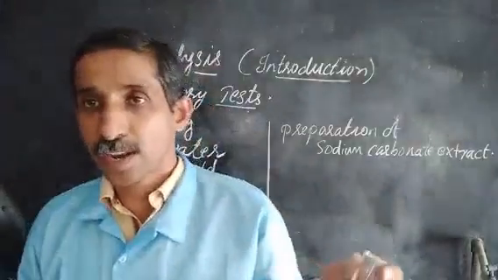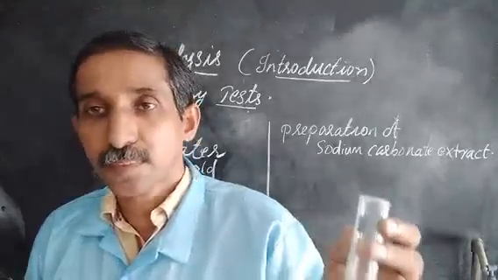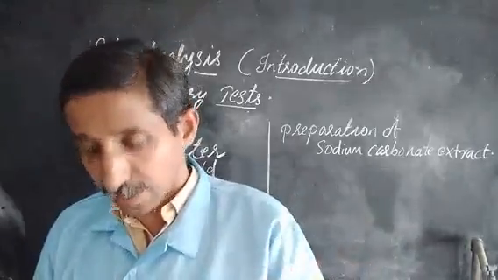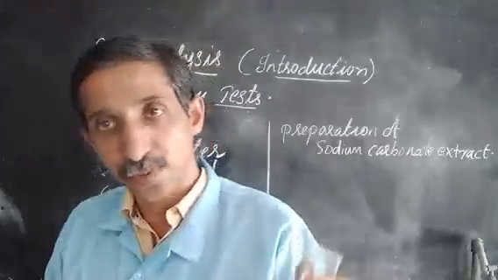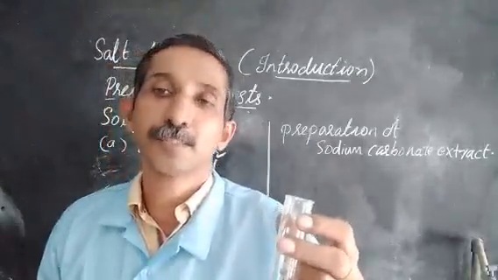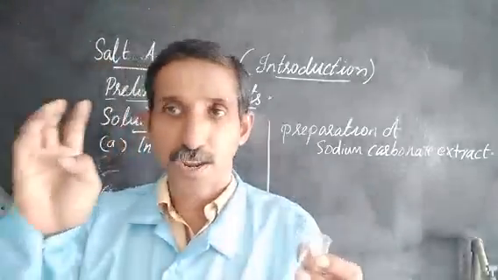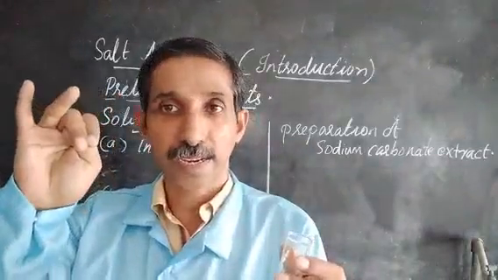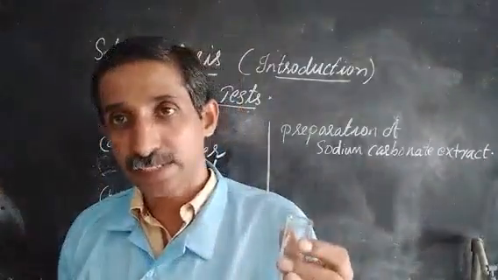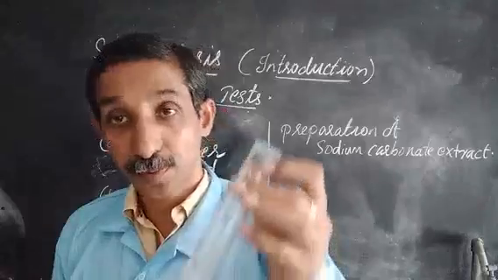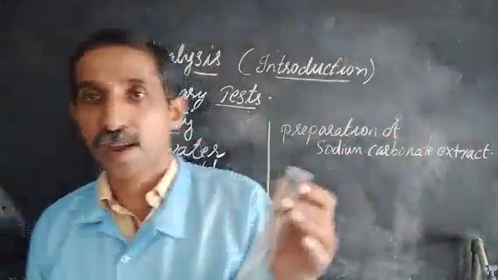Okay, chloride, bromide, iodide, then nitrate, then even acetate can also be shown in concentrated acid group. It will again give a vinegar like smell. Okay, so these are the anions that come in concentrated acid group: chloride, bromide, iodide, nitrite in the previous group, dilute acid group, and nitrate in the concentrated acid group, and acetate too. So these many are the anions which can be identified.